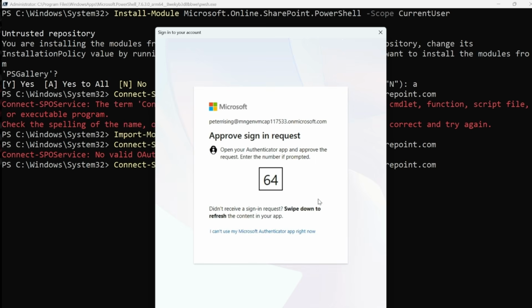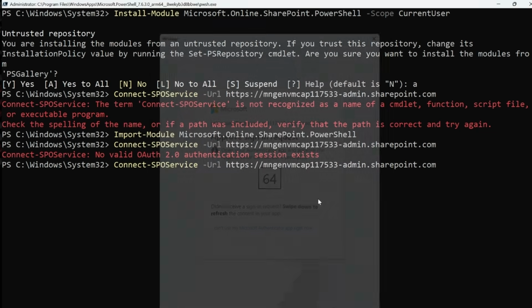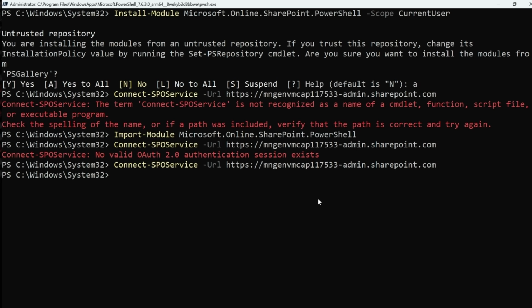Now, I do usually favor passkeys these days, and I must get that set up on my demo tenant. At this moment in time, I've still got the password to put in and the number matching. There we go. And okay, we are connected. Now that's looking a bit messy. I do so hate red errors here, so I'm just going to clear that screen,